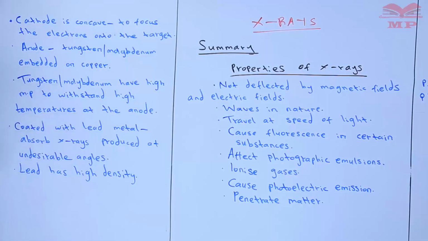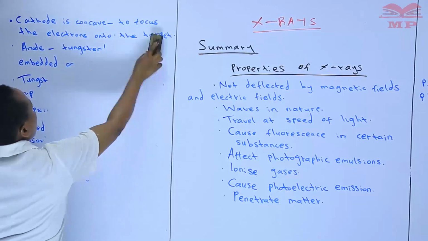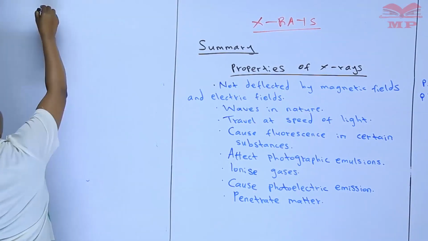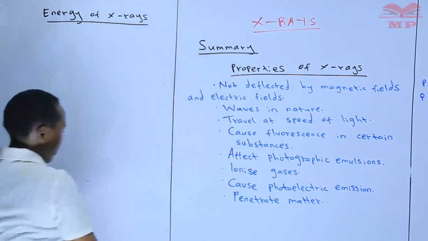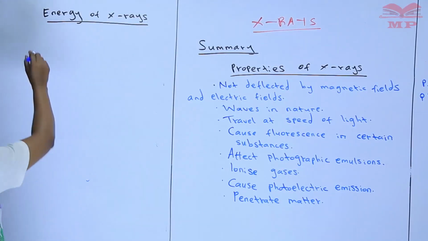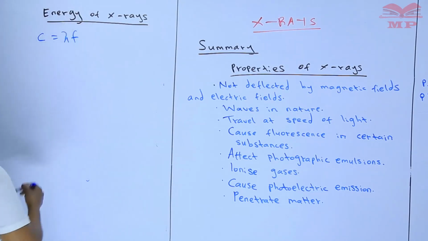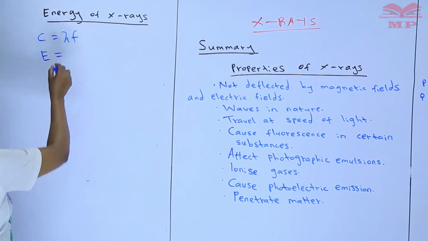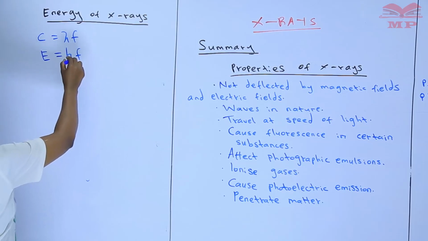Then again, we went ahead and looked at energy of X-rays. Having said that X-rays are waves in nature, we can start with the first formula, which is the wave equation. C is equal to wavelength multiplied by the frequency. Then we say that energy is directly proportional to frequency, so it is equal to hf, where h is the